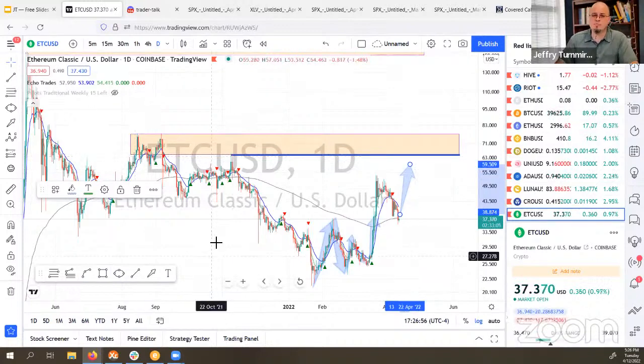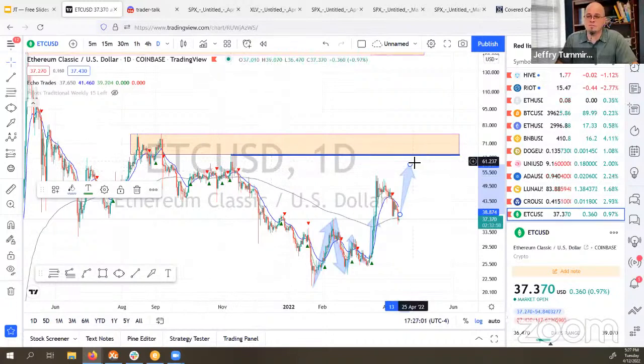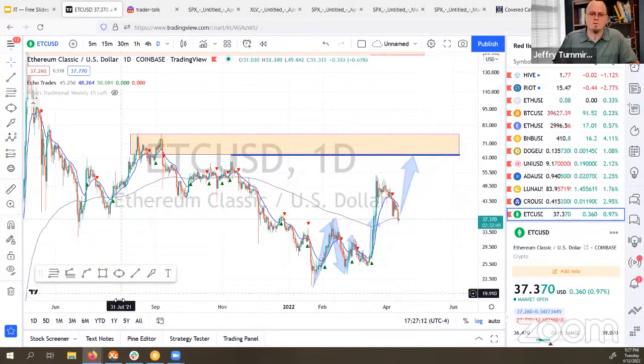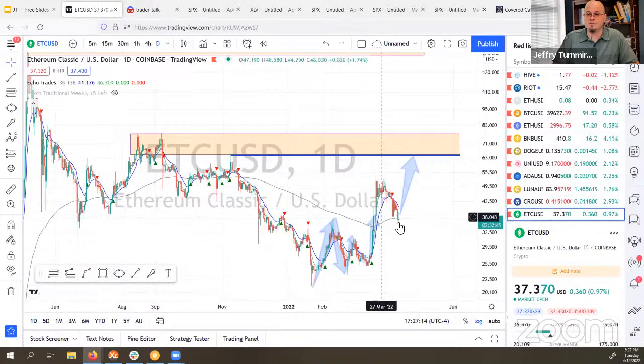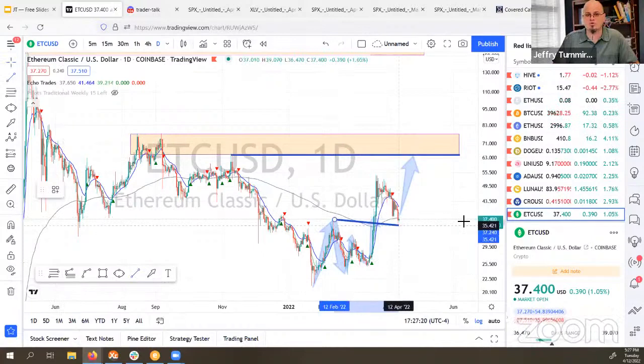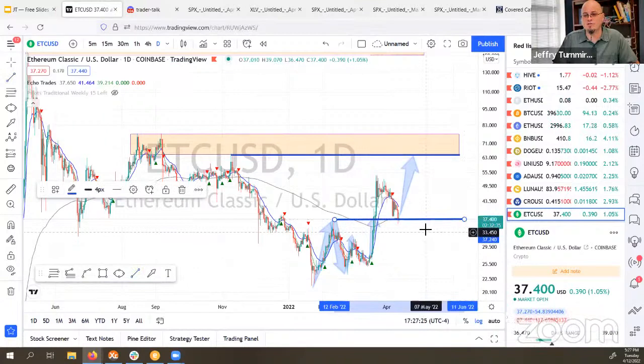Now, while most of crypto was making higher highs in November, Ethereum Classic was making a lower high. So that's probably going to be a significant high to move up into. I do have, I think 83 tokens for Ethereum Classic right now. So looking for that. Now, if it starts breaking this pattern here, if we get much lower than where we are, we start getting into the 35, 36 area, it's time to cut this one out. It's not looking too good for a continued move up. All right.